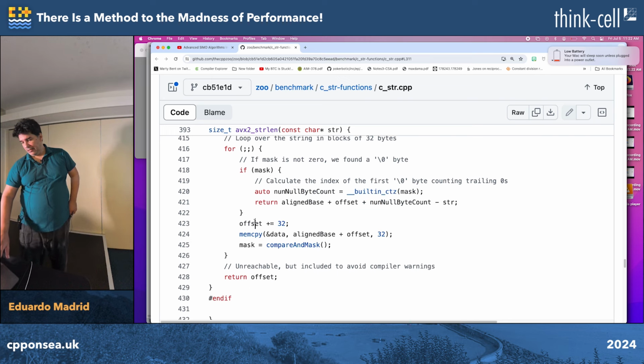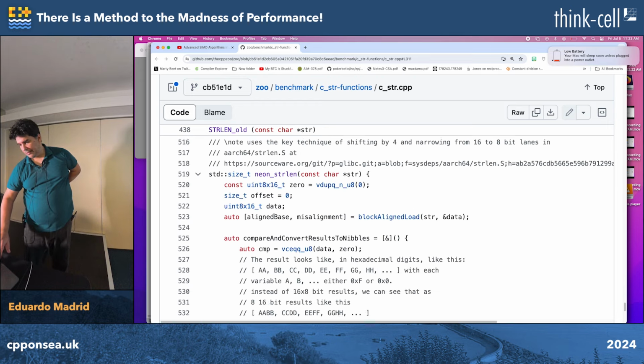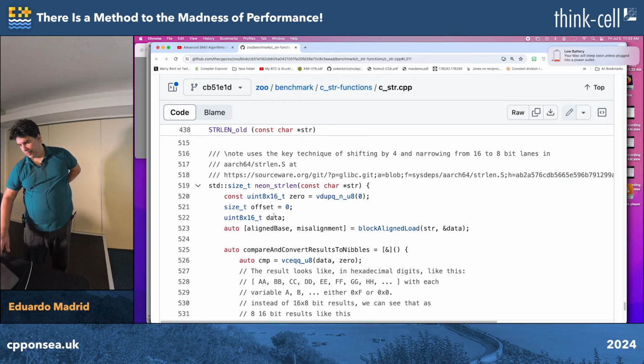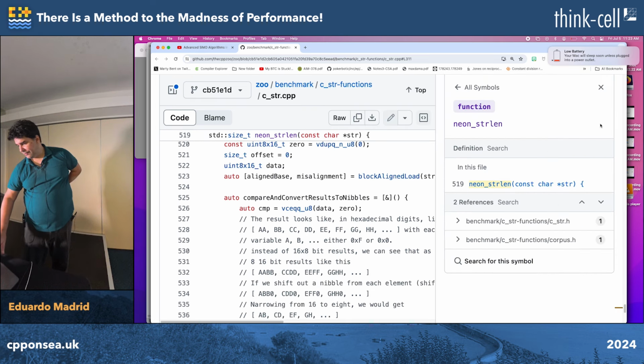And if not, then we're going to progress by reading the next block of data and making the mask of the results of the comparison. So whether you put this here or put this here is really not important. Structurally, the loops are the same. And furthermore, if we go and see a string length in Neon assembler,